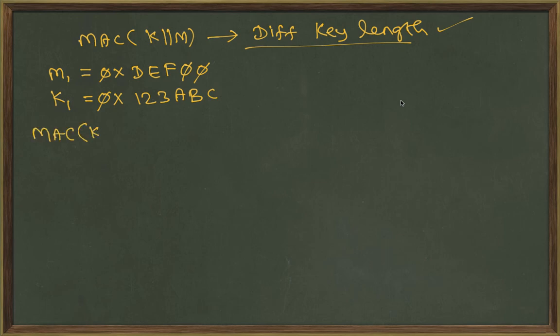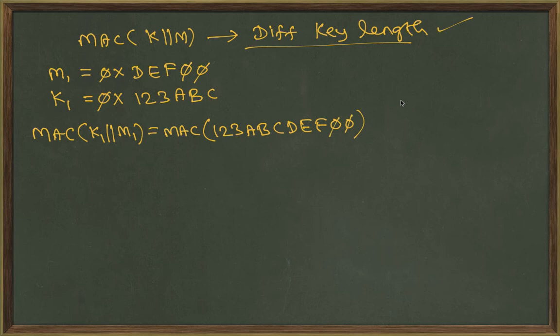Your MAC is nothing but K1 concatenate M1, that is MAC of K1, which is 123ABC, and M1, which is DEF00, right? So let's say you produce a hash value H1. Now let's take another message M2. This message is a different message. Let's say this message is BC